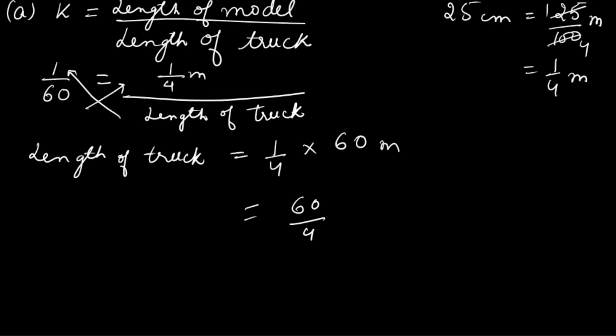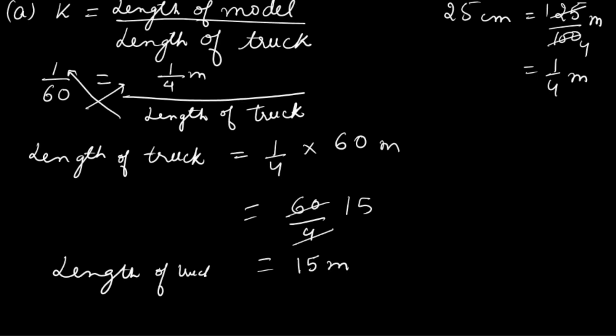Okay, so it is 15. So directly you can do cancellation. 4 into 125. Okay, so 15 meter. Length of truck is equal to 15 meter. Now the second part we have to do. So what we have to find in the second part,